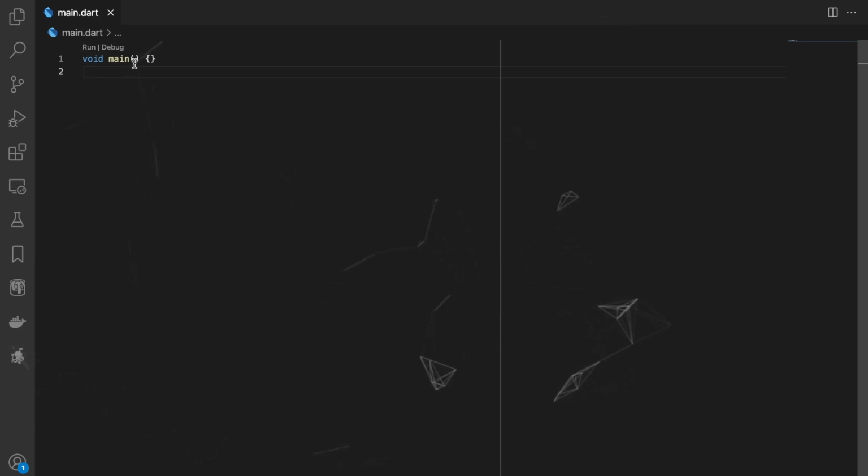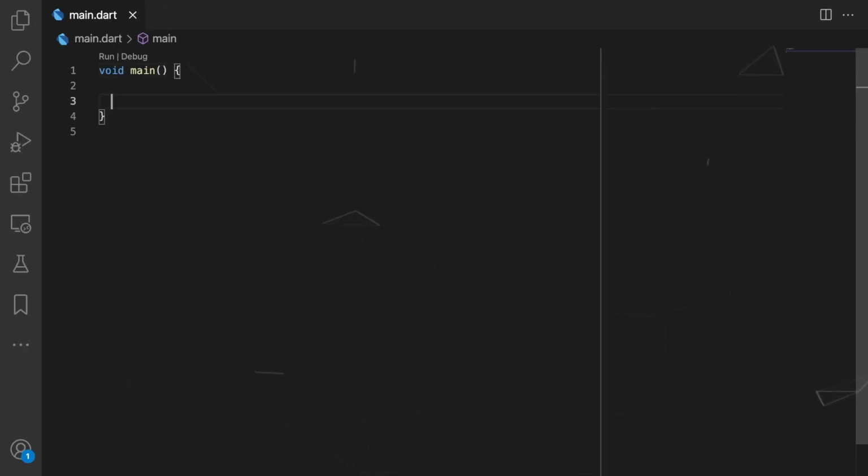So right now here you can see I have got my void main method. Now let me zoom in a little bit. So right now we will see the usage of abstract classes with the help of inheritance. Now first of all, let's try to define what an abstract class is. Now consider an abstract class as a base class for multiple classes.